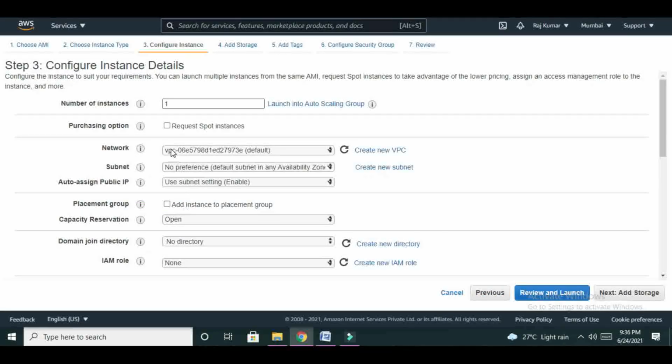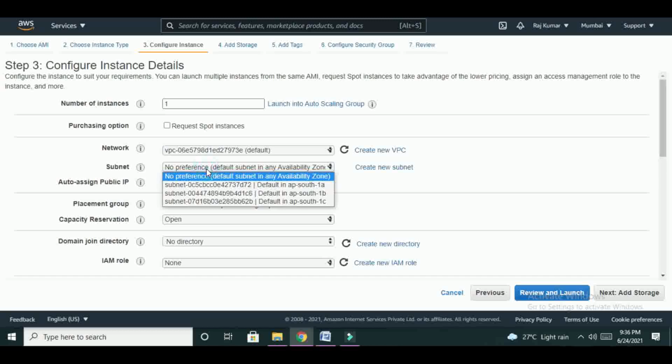After that, we have to set the virtual private cloud VPC. So here I have taken default VPC. Similarly, the user can create other VPCs other than default. Similarly, security,